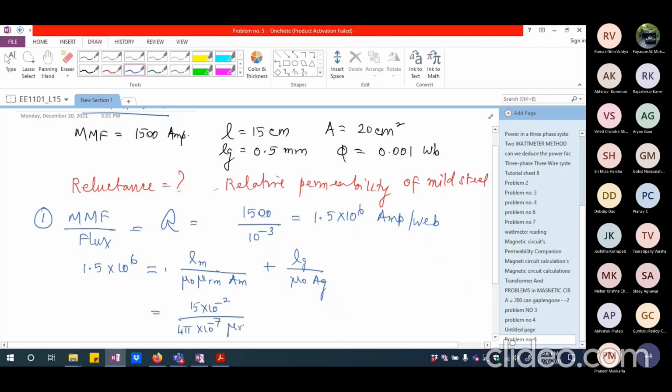Mu R has to be here, and you have to calculate this